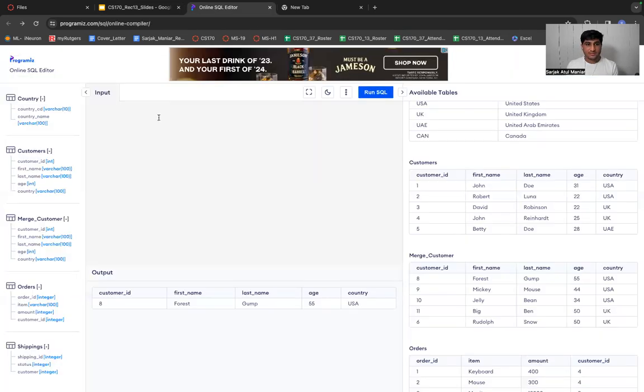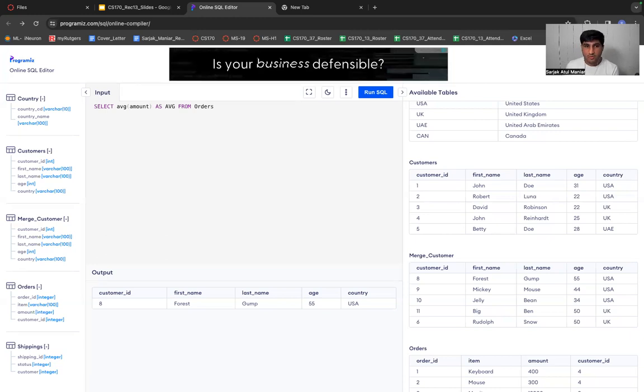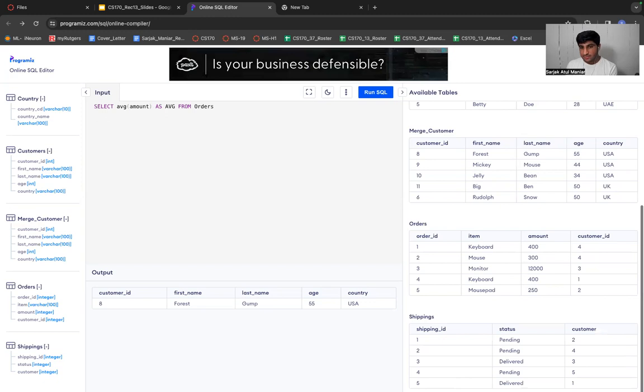This is again pretty straightforward. Let's understand it with this simple SQL query, which will return the average of the amount column present inside the orders table. So I write select average. Average is just an aggregate function, so you will not see the purple highlight color, but you can write it in lower or upper case, that's fine. Average of amount in parentheses, don't forget the syntax, as average.